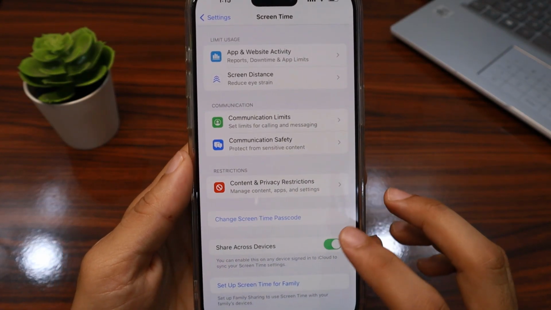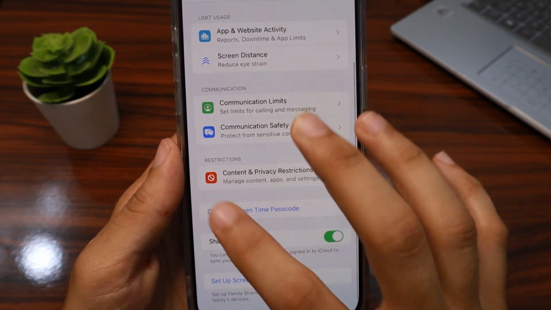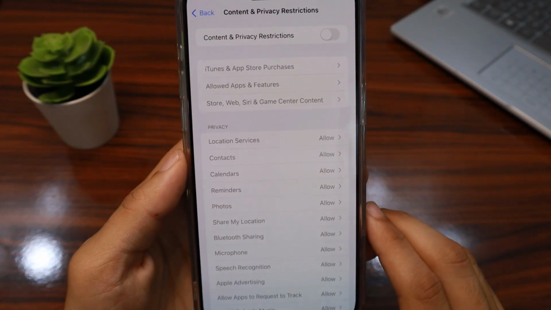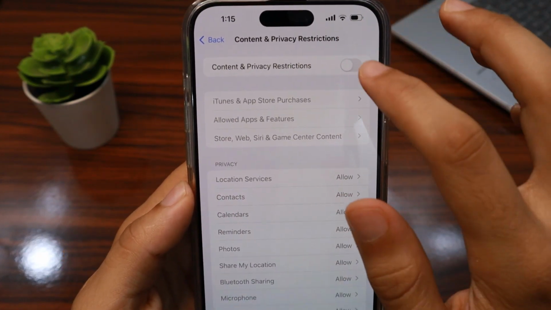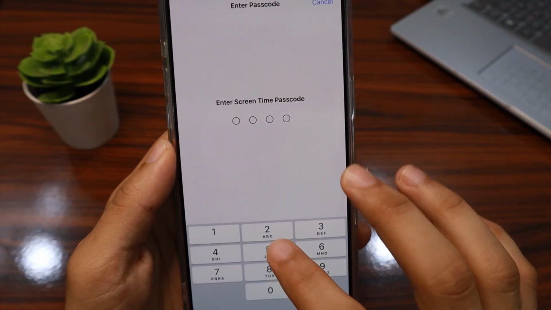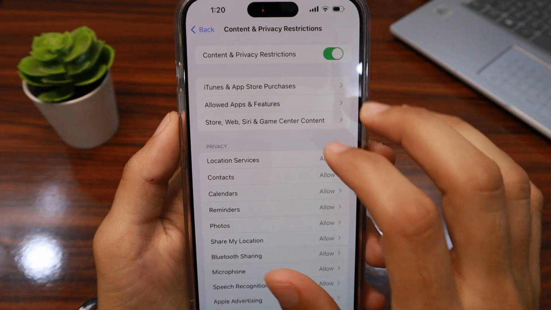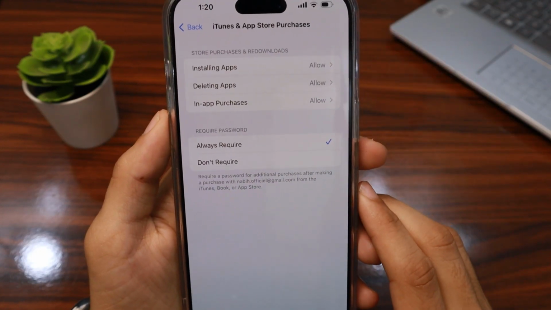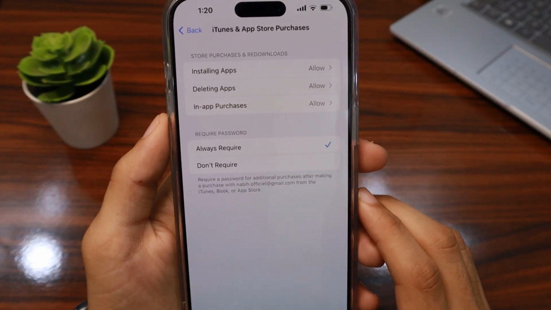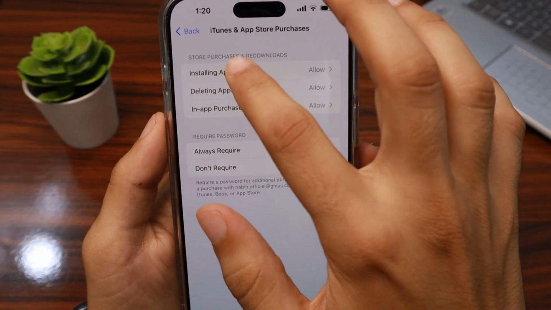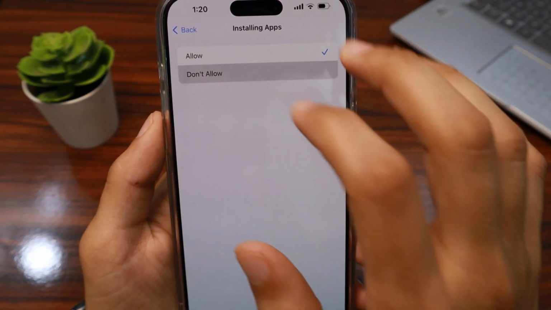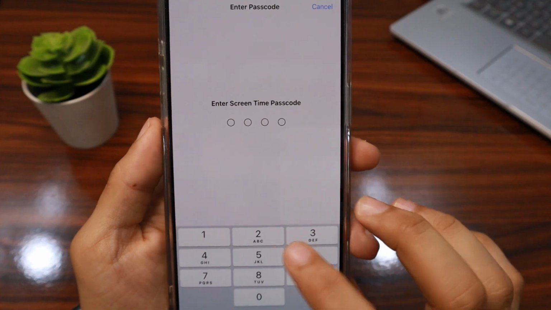Great. So then tap on Content and Privacy Restrictions and toggle it on and enter your passcode. And now tap on iTunes and App Store Purchases. Now if you want to hide the App Store, tap on Installing Apps and tap Don't Allow and enter your passcode